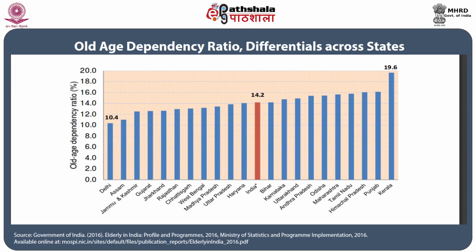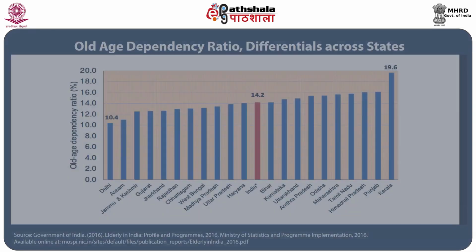In Kerala, Goa, Punjab, Himachal Pradesh, Tamil Nadu, Maharashtra, Odisha and Andhra Pradesh, the old age dependency ratio is much higher than 15, nearly 20% in Kerala, whereas it is less than 10 in states like Arunachal Pradesh, Meghalaya, Nagaland and Chandigarh. This clearly indicates that a higher old age dependency ratio reflects a higher level of demand for care from the immediate family. That is one of the important challenging issues that are coming, given the young population moving away from their family households through migration.